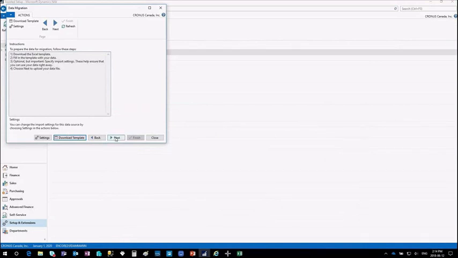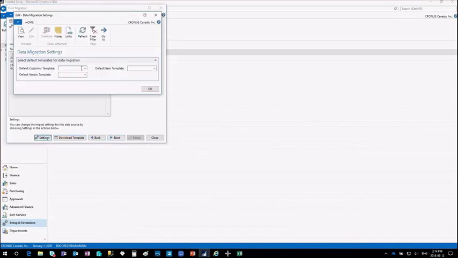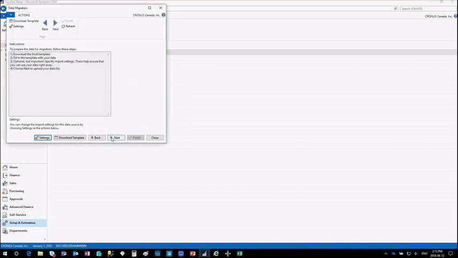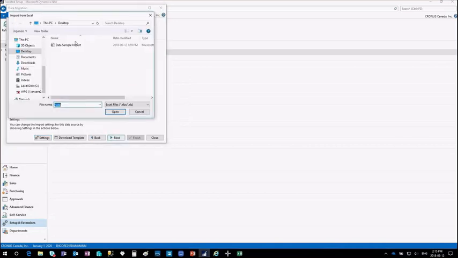The next step is to specify the templates. If you go for the customers, you can select a template here. So if you have all your domestic customers in the Excel file, you can select this one. If you have the vendors, there are also already set up templates. We also use the domestic ones. And for the items, I could use the retail, but we have no items in this file, so we won't use it. Okay, next step, I can now